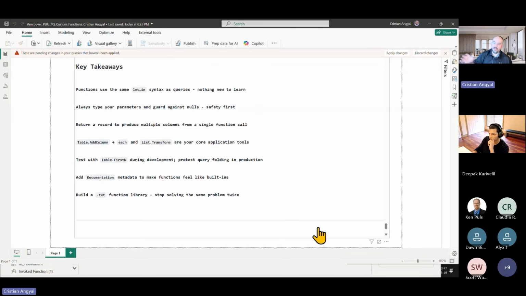So what are the key takeaways for the session? Functions are using the same syntax as queries, nothing new to learn here. Always type your parameters. So as I said, and I'm insisting on this, use types on your parameters and null guarding with double question mark, safety first. You can return a record to produce multiple columns from a single function call. It's really easy, and it's important to know that